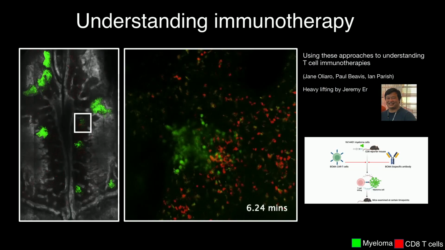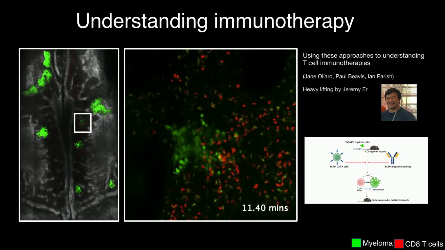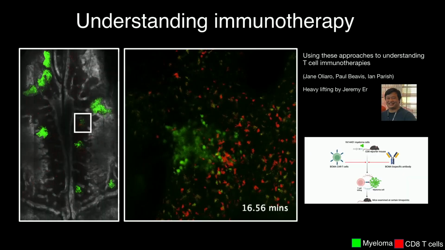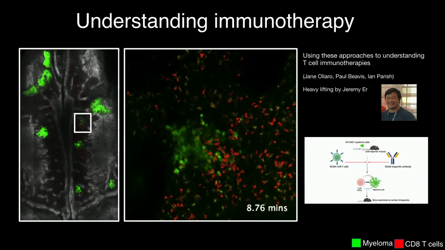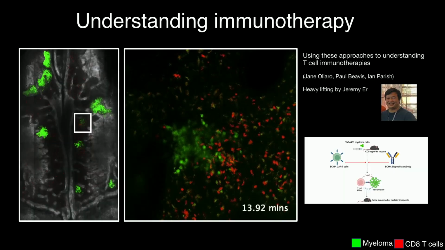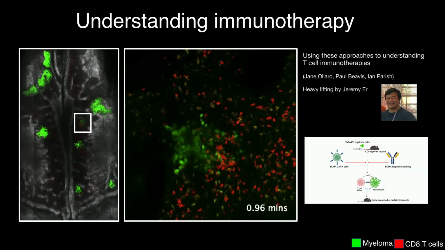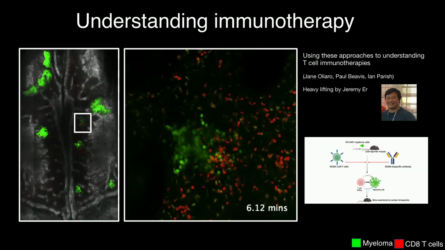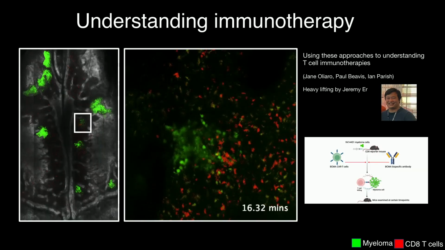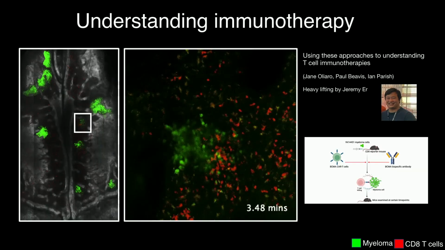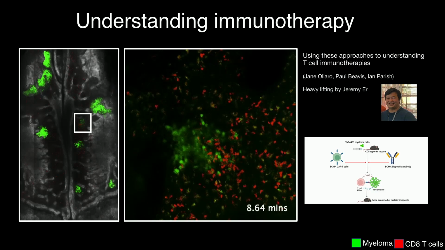Now, one of the things that we're doing at the same time, and this will become apparent why it links all together soon, is we want to understand why these microenvironments form and how they talk to the normal immune system. So this videotape here is clusters of myeloma cells in green and CD8 T cells, which are your main immune cell, in red. And the question we're trying to ask is, how do these myelomas shut down T cell